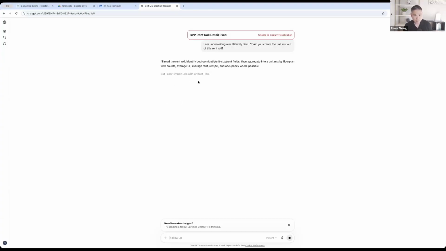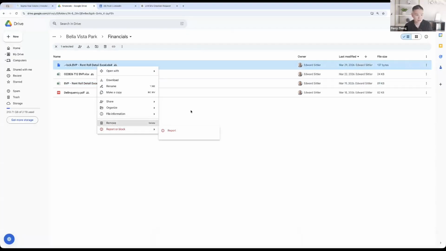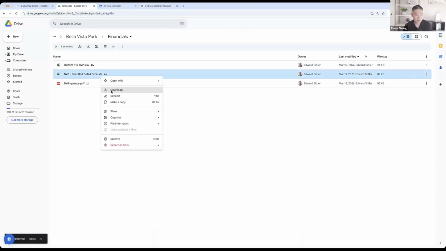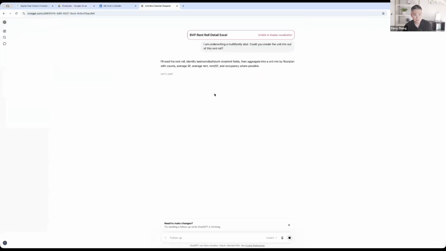Okay, so they can do artifacts, they can do Python. I think this has some other troubles. Maybe I need to download this, delete this one, and then download this Excel one more time. Okay, wait for it. Cool. I think it couldn't even parse the Excel file for now. So let's wait for it.